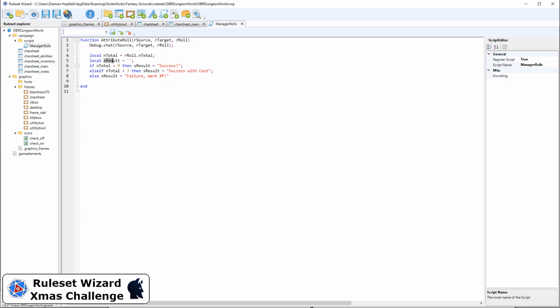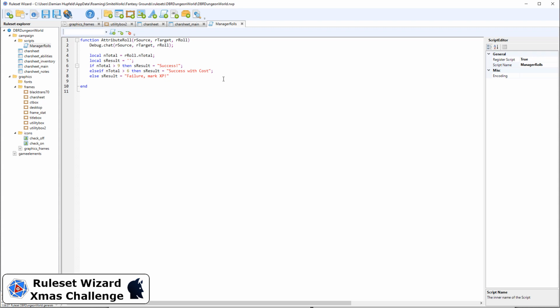We're going to set up a blank variable called sResult, and if our dice total is 10 or greater, we're going to set sResult to success. If it's greater than 7, so this is probably, I think it should be greater than 6, so 7, 8, 9 will be a success with cost. Otherwise, sResult is a failure. Okay,